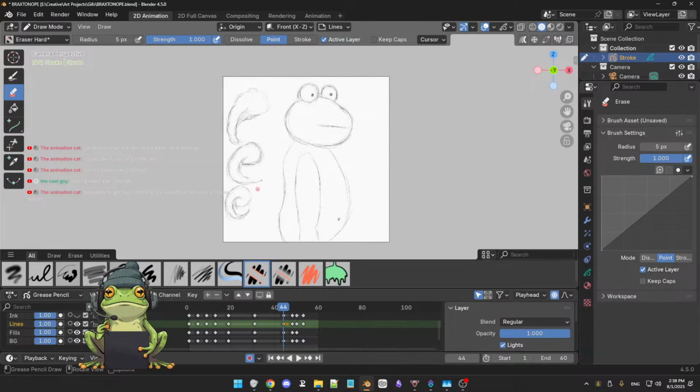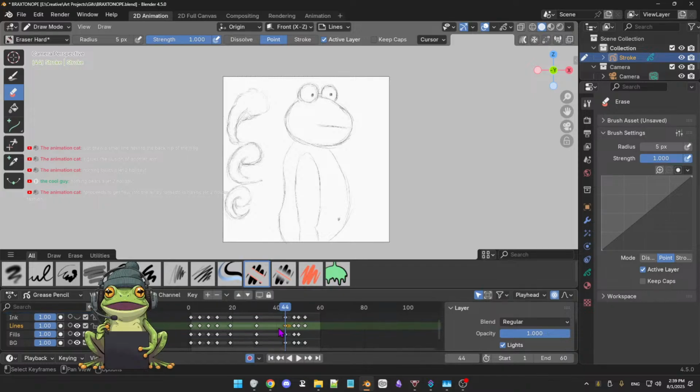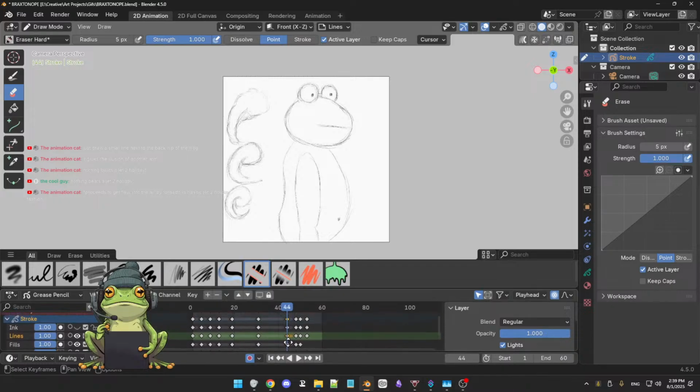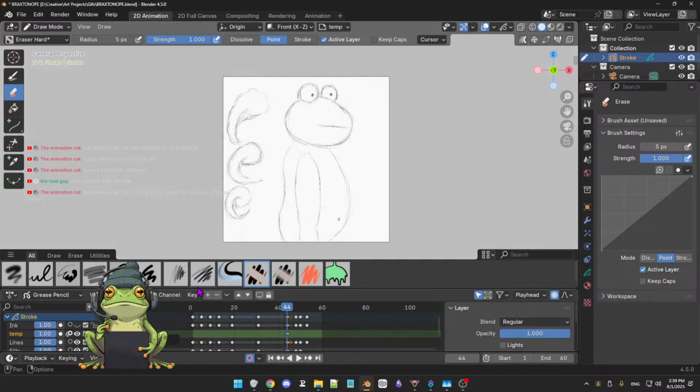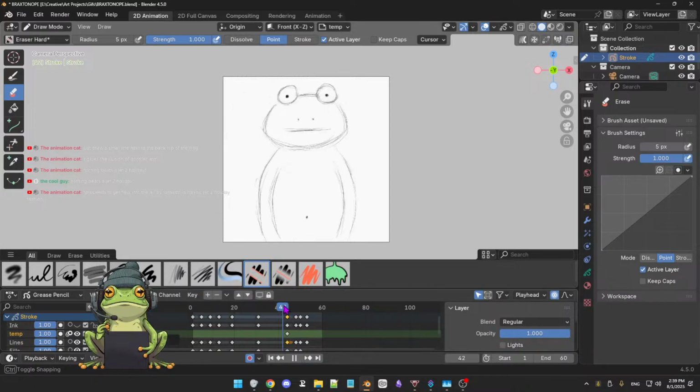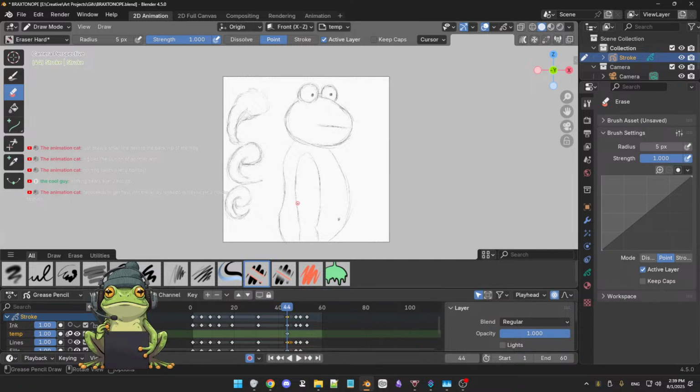Alright, let's see. Alright, so what was the suggestion? We had suggestions here for arm movement. I just want to get myself back on track so I'm on the right layer and we're not messing stuff up. Now we lost our other layer. Temp. Okay, that's the one we're on. So,